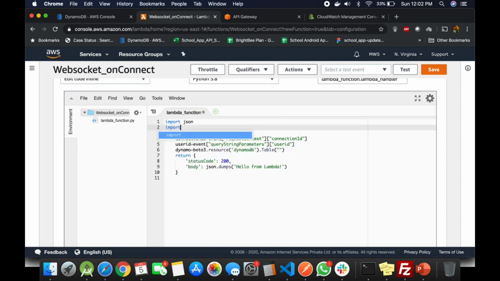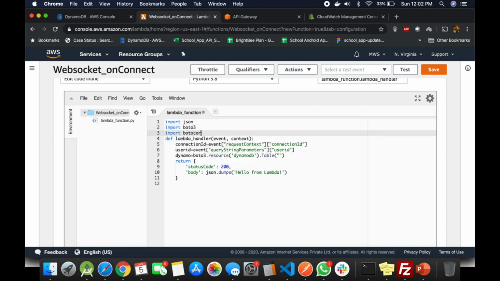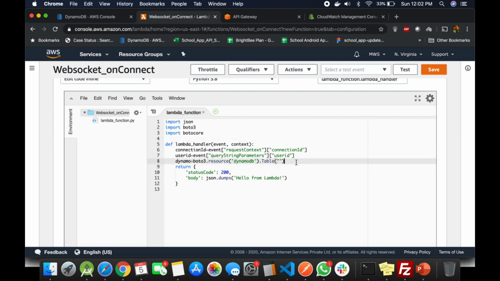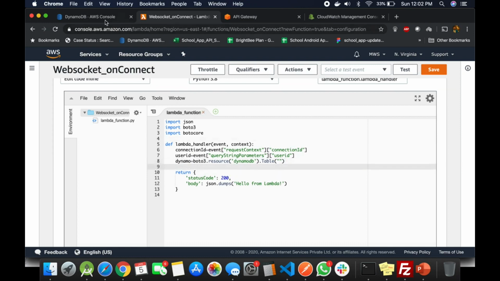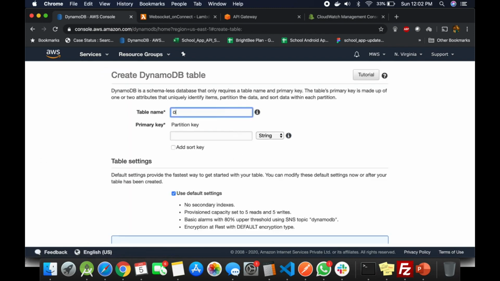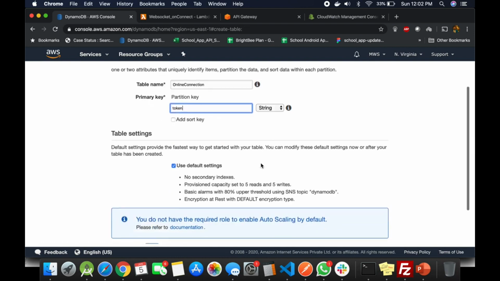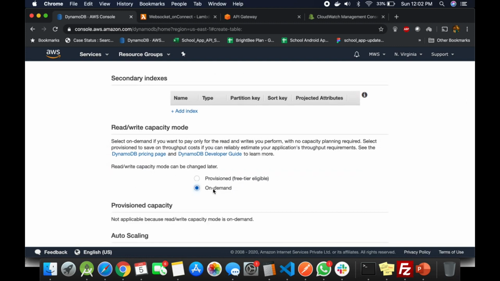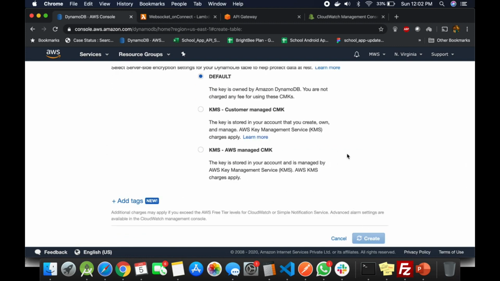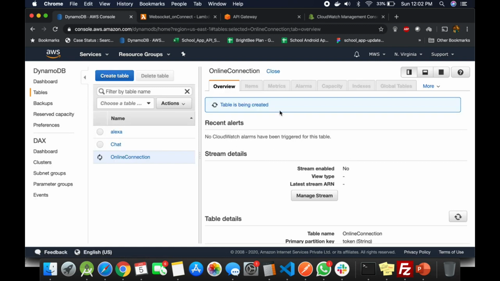Okay, so we also have to have some imports here, botocore also. Okay, now we will be creating a new table in DynamoDB. In DynamoDB, create a table. We will name it online connection, and our key we will name it token. Token will be the connection ID. We will be creating it. So the DynamoDB table is ready,